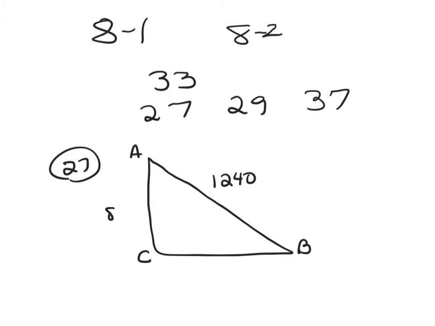The length of AC is 876 and BC was 965, and these are all feet. So realize that this is the side situation. When we don't know an angle, we know that we have to use law of cosines in order to do this. So when we have all sides,